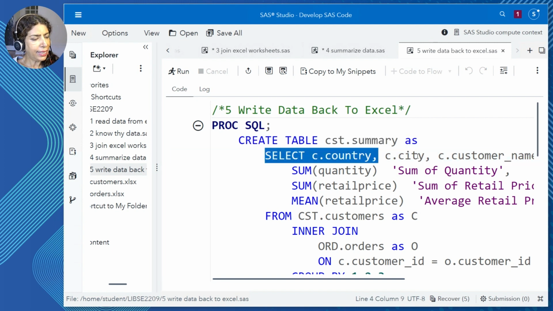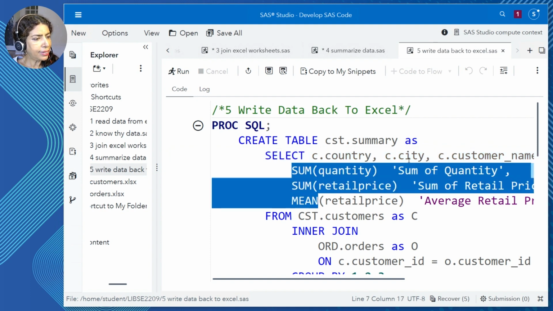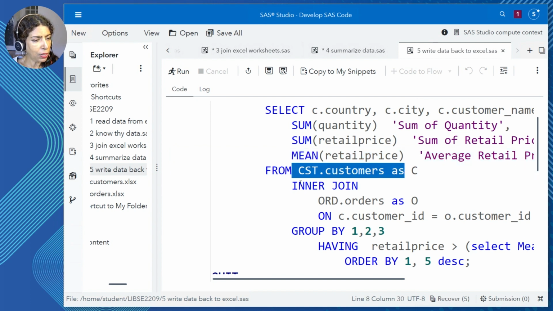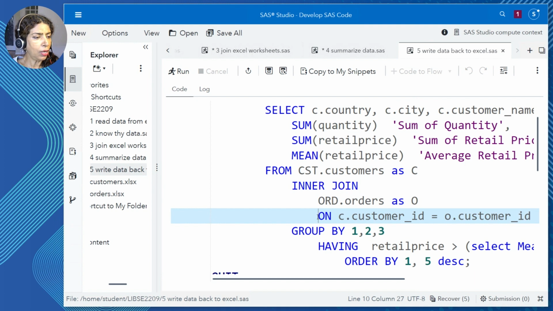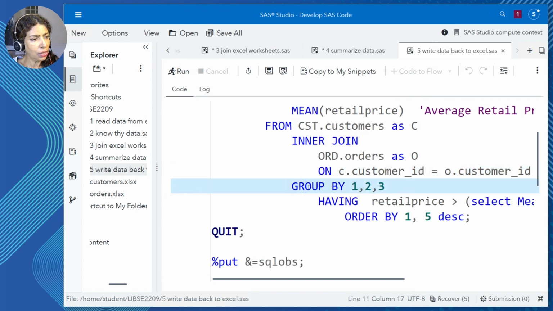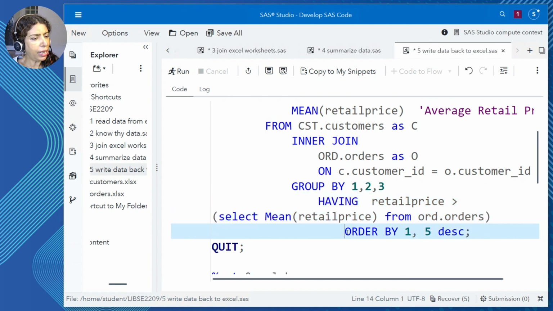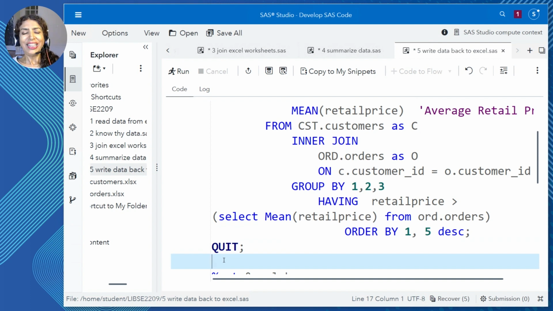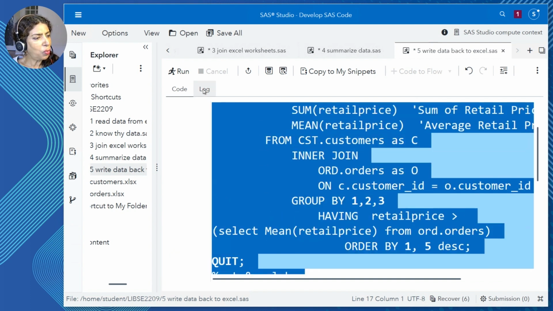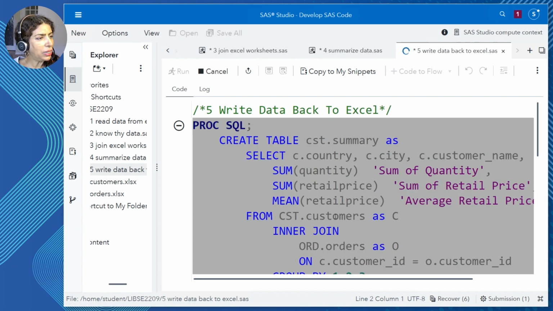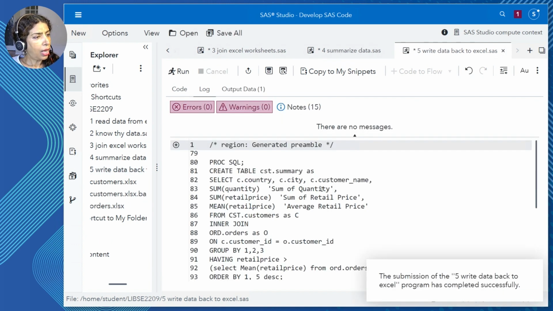I still have my select with the standard column names as they are, the three summarized column names with labels. On the from clause, I've listed the first table, inner join syntax, the second table, on clause specify the join condition, group the data, and then on the having clause, thrown in a subquery and order the data. Phew, that sounds like a lot of work, but not the way we've explained it and not the way SQL will transform the data. So I'll execute once again, and this time I know I'm not going to see the results window pop up.